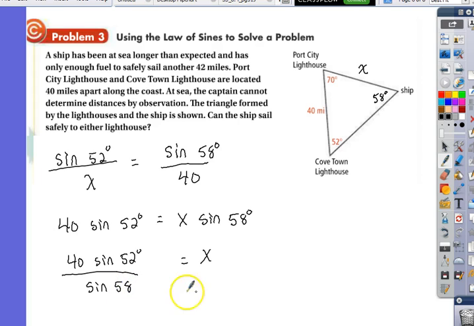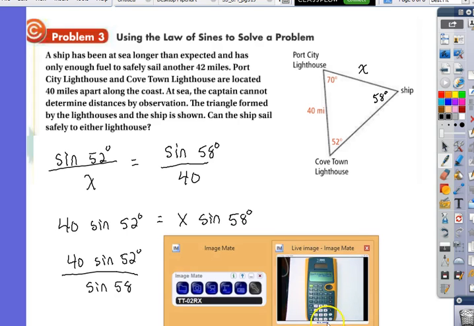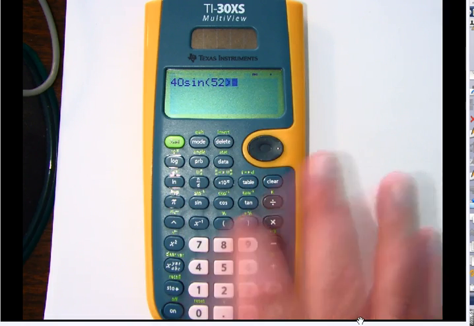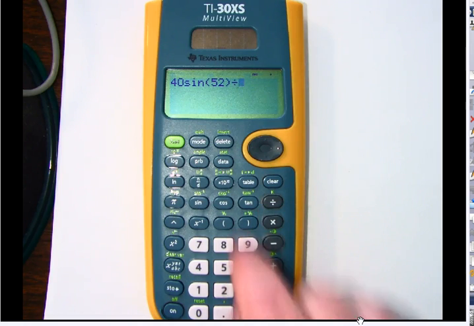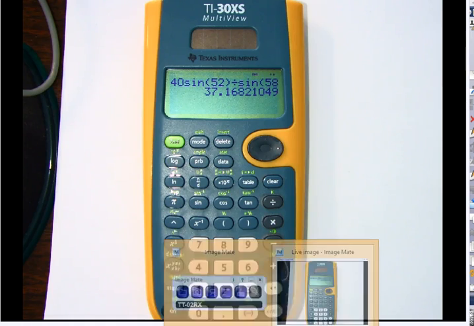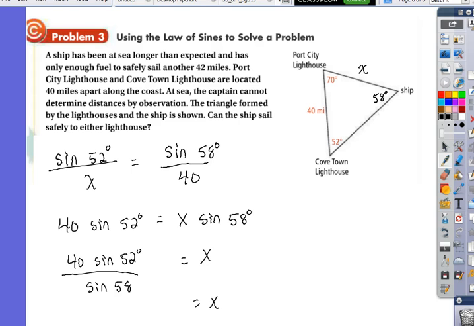Then I'll divide both sides by sine 58, and x is going to equal 40 sine 52 divided by sine 58. Now it's time for the calculator to see if we're less than 40. So I go over to my calculator, and I punch in 40 sine 52. Make sure I close off that parenthesis. Divided by sine, what was it, 58? I think it was 58. And I get 37.16. We'll round that off to 37. And the answer will be yes, it can make it to port. You could also compute this other side and find out whether it can make it to that one or not. All right, homework tonight. Make sure that